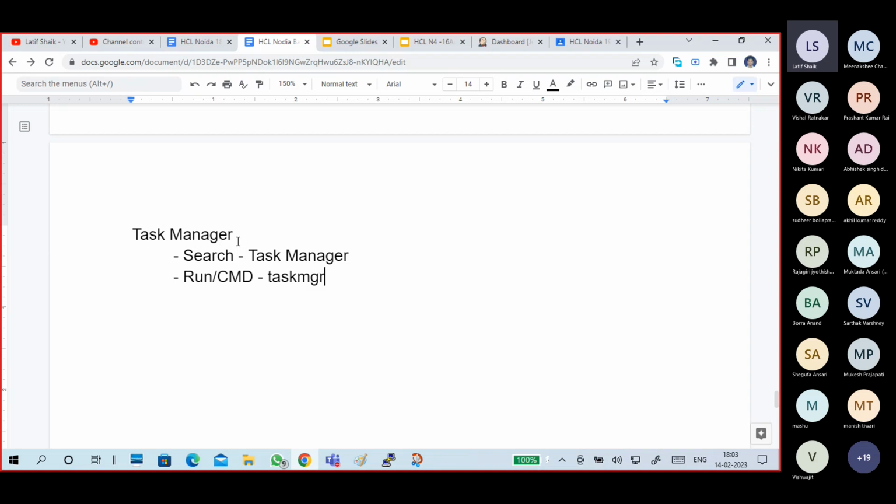Taskmgr is the command to open Task Manager. Another way is to right-click on the taskbar and select Task Manager.